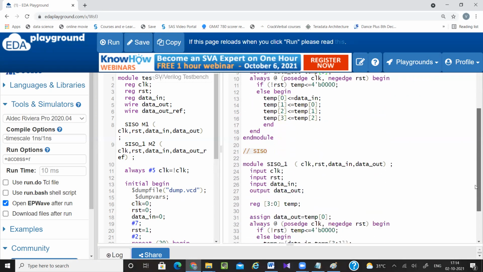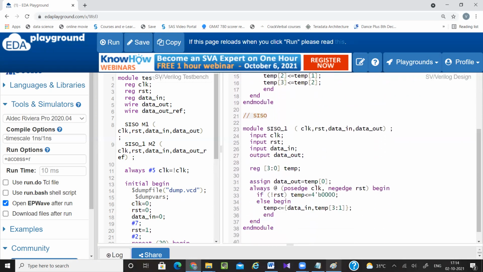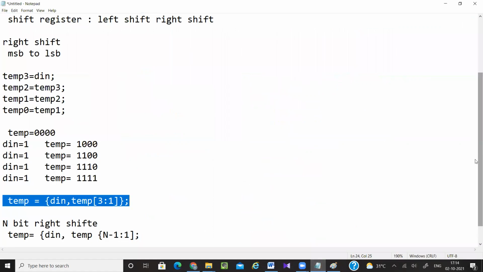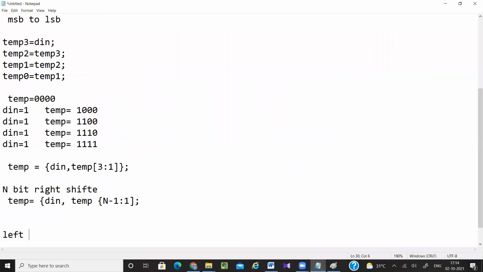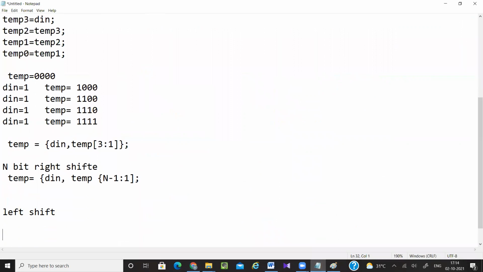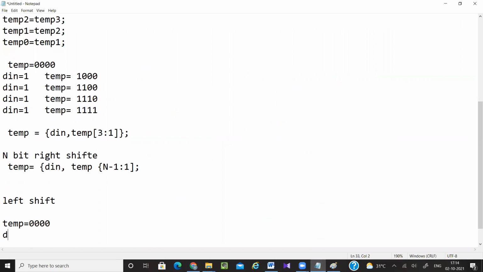Now next, what change should I be doing here? Similarly, let's take an example. So this is for left shift. Let initially temp equal to 0, 0, 0, 0. So I have given dn equal to 1. So temp will become 0, 0, 0, 1. Remember 1 is added at the LSB. It will shift from LSB to MSB, that means left shift.